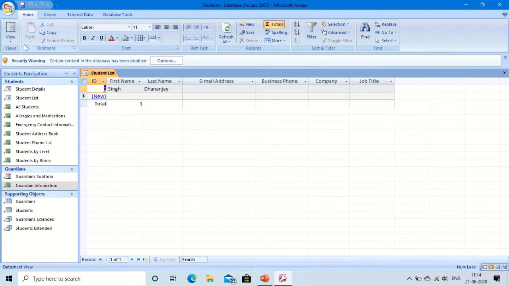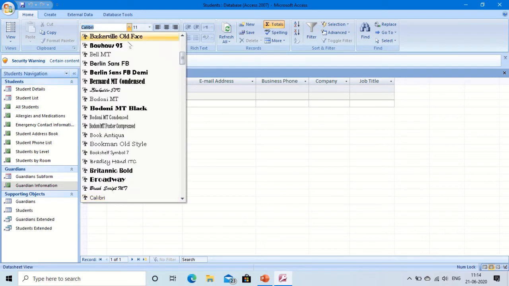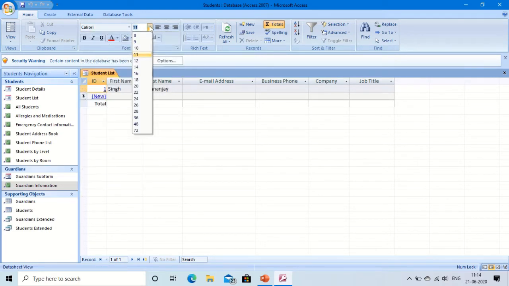This is the ribbon. This area is known as a ribbon. In here we will see various options for the formatting toolbar. Like from here you can change the font, you can change the font size, this is for making bold, this is for italic, underline, changing the color, filling the colors, creating a table, changing the background of that, refreshing, totaling, spelling check, sending, sorting, filtering. So these are the various options we have.